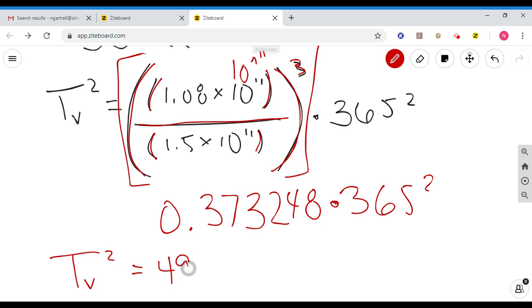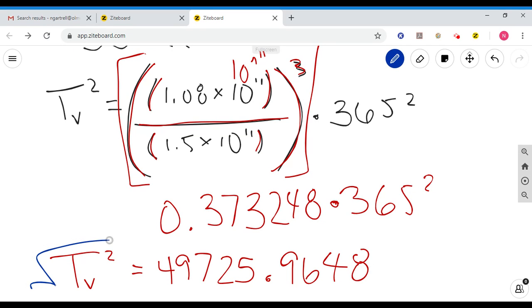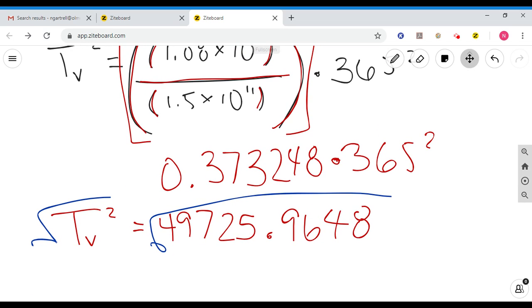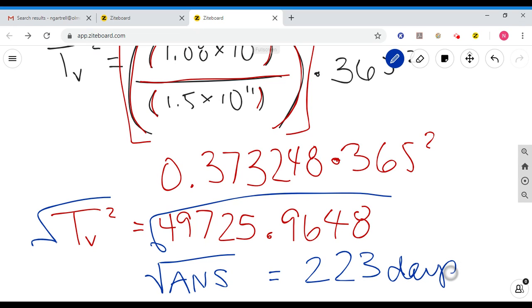equals 49725.9648. And then the very last step, we're almost done. Square root. So you can just type in square root of your answer. And so it takes Venus, if we round it to a whole number, 223 Earth days. So it takes Venus less than a year to rotate around the Earth, or rotate around the